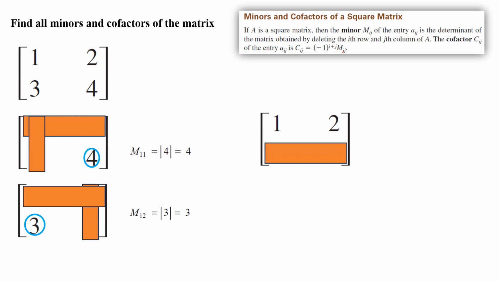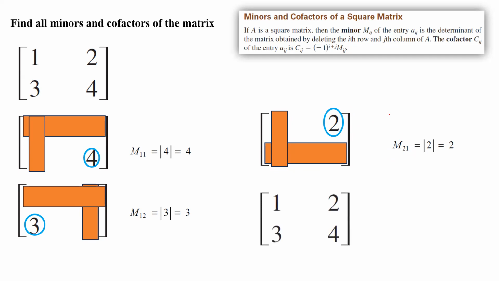We're going to work with the second row now, and then first column. So you're left with just one entry, which is 2. This is the minor for the second row and the first column. So we delete the second row and first column to get this 1 by 1 matrix that only has one entry, which is 2. And finally, copy down the matrix to find the minor for the second row and the second